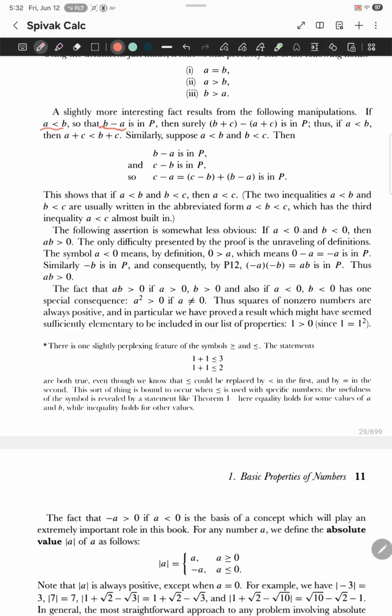If A is less than 0 and B is less than 0, then A times B is greater than 0. The only difficulty presented by the proof is the unraveling of definitions. The symbol A less than 0 means, by definition, 0 is greater than A, which means 0 minus A, equal to negative A, is in P. Similarly, negative B is in P, and consequently, by